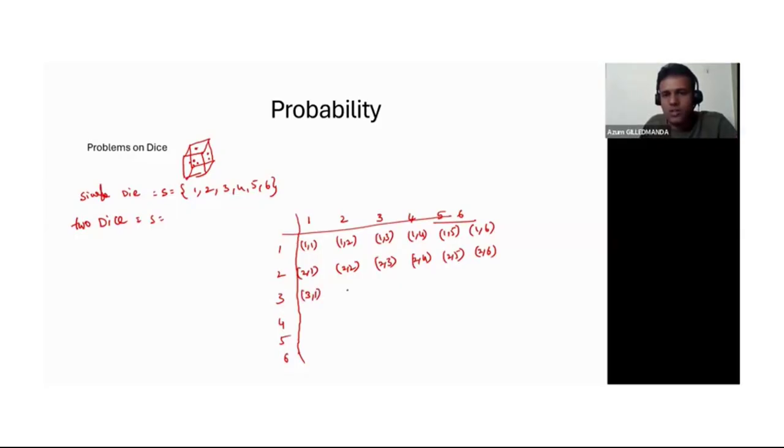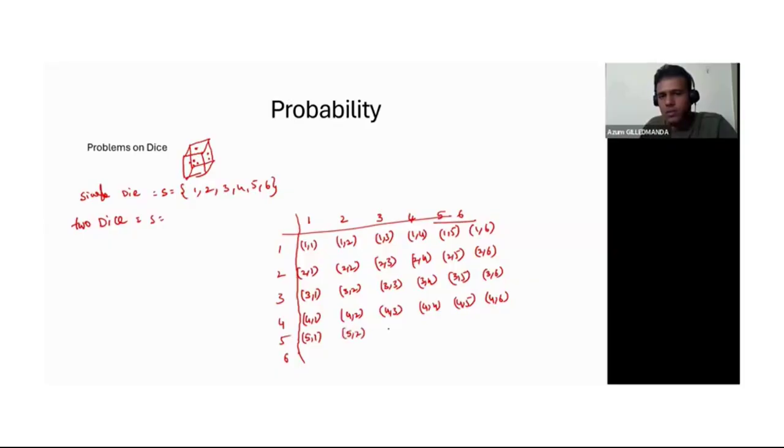Similarly, this can be 3 1, 3 2, 3 3, 3 4, 3 5, and 3 6. This is another 6 possibilities with 3 on the first die. Similarly, you also have 4 1, 4 2, 4 3, 4 4, 4 5, 4 6, and then 5 1,